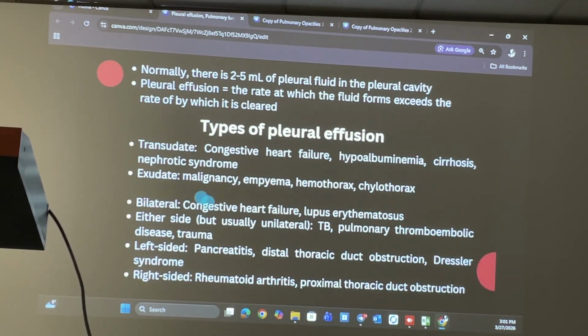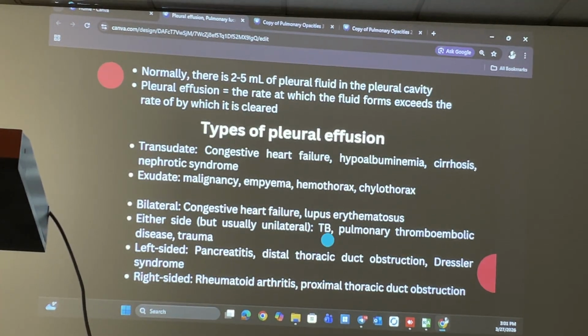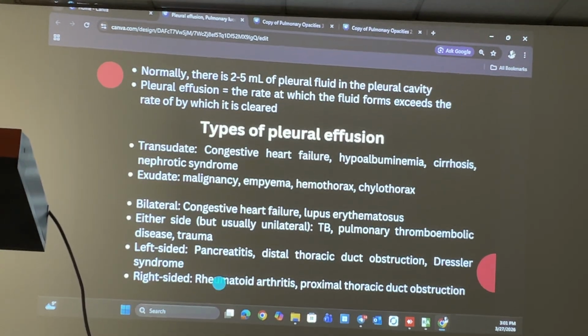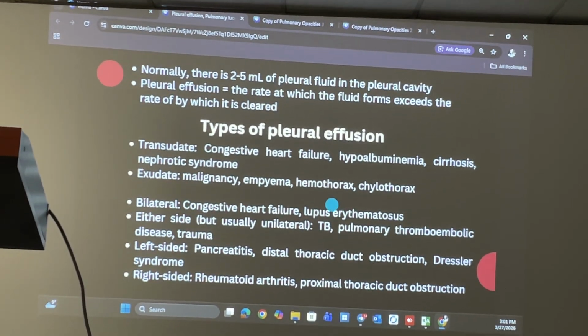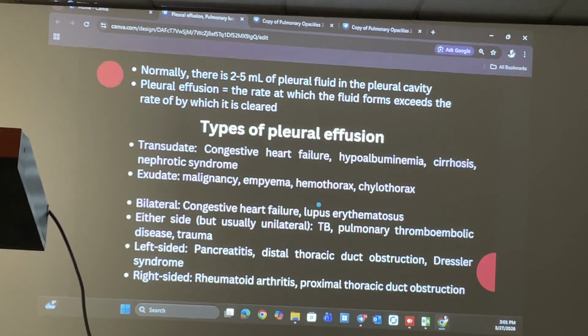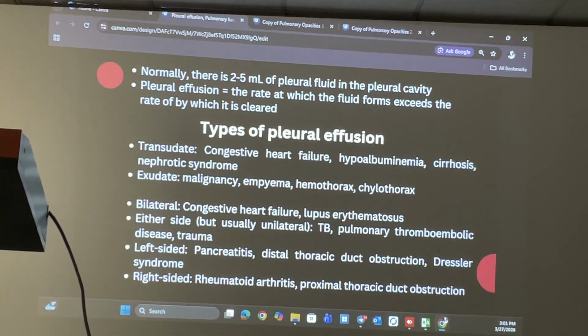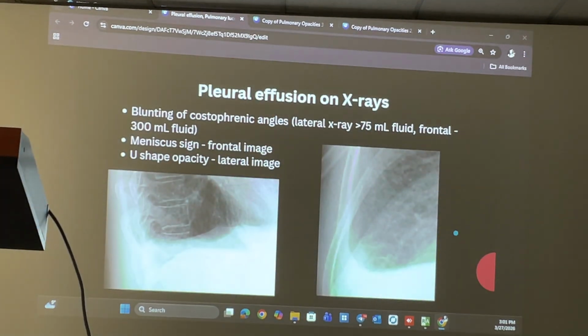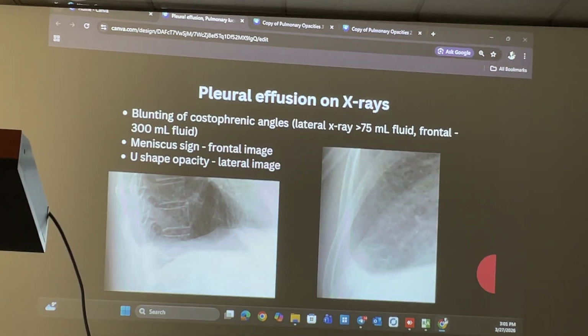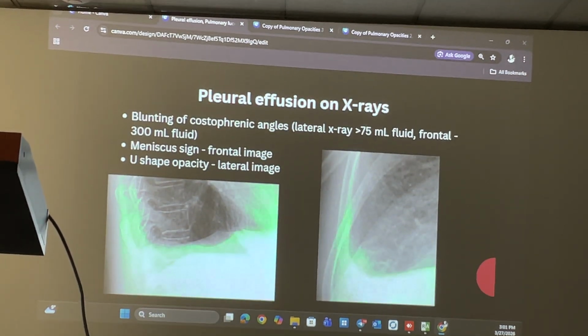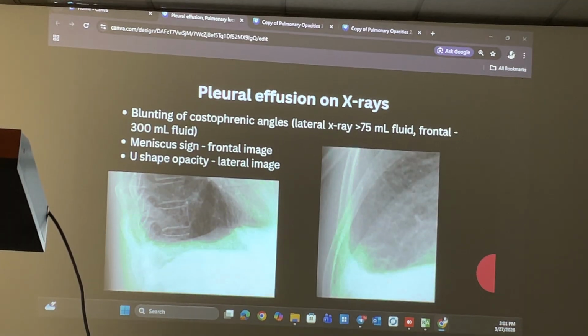If it is bilateral, mostly it is due to congestive heart failure or lupus erythematosus, on either side, but usually unilateral is due to tuberculosis, pulmonary embolism, aortic disease, and trauma. Left-sided is due to pancreatitis, distal thoracic duct obstruction, Dressler syndrome, and right-sided is due to rheumatoid arthritis or proximal thoracic duct obstruction. And pleural effusion on X-rays: as the subpulmonic effusion grows in size, it